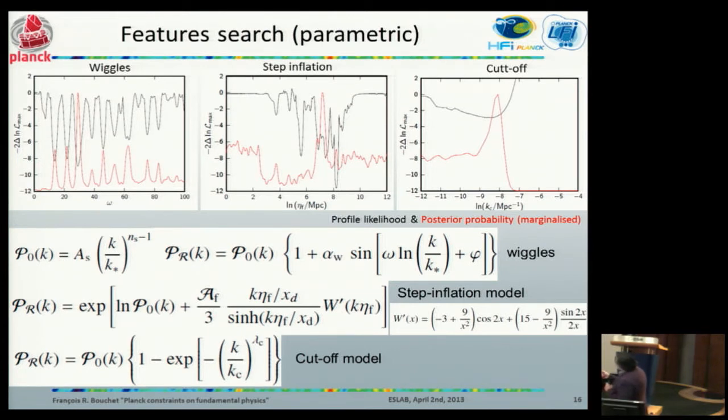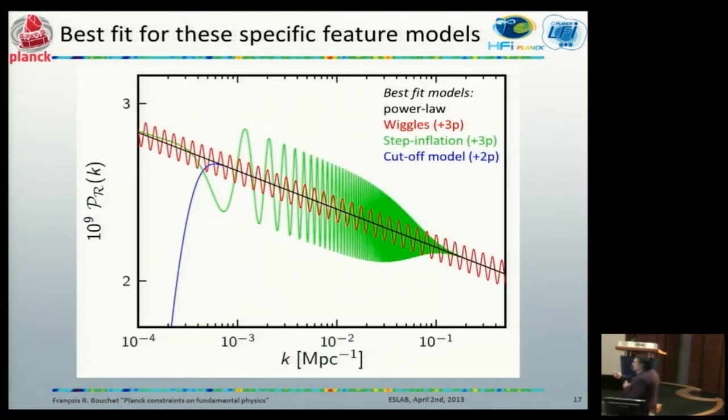And so what is done there, of course, those introduce extra parameters as compared to a simple power law. So what you can do is actually run through these parameters. So you are actually allowing for a full zoo of models. And then look at those which have a posterior probability that is best, like for instance there, cutoff model, or some of them. You can sort of see that there are some cases where you find some models fit somewhat better. Now, here are the best fit models.